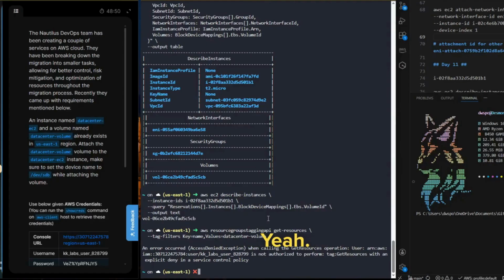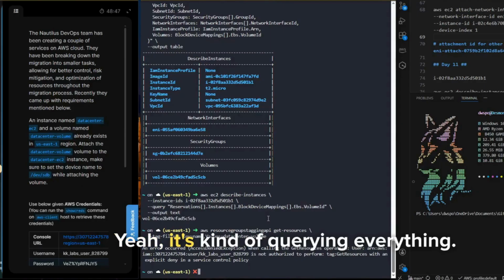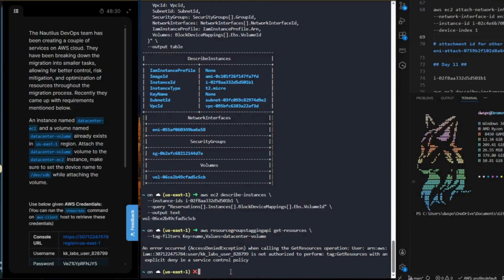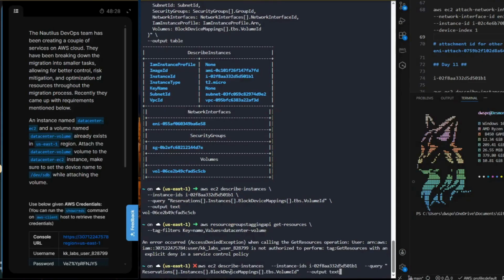Access denied. Yeah, it's kind of querying everything. All right, so 15 minutes is gone. Let's figure this thing out. AWS, we need to find